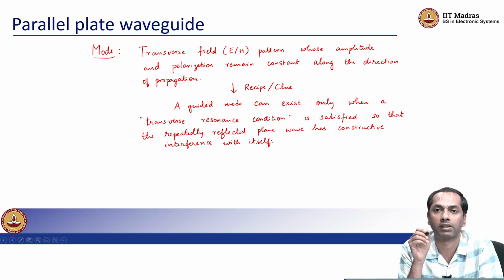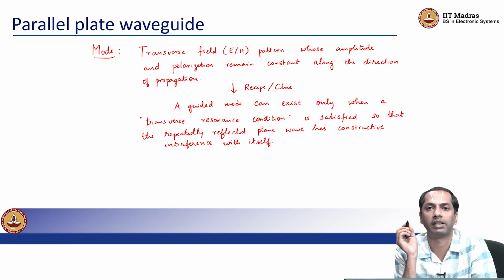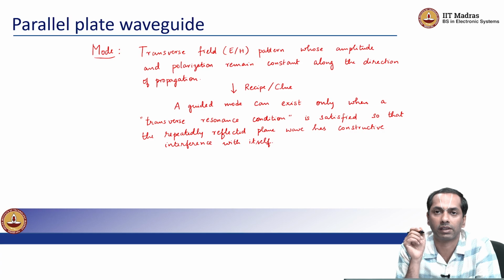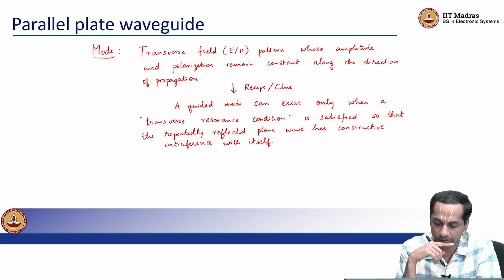Okay, so I've just written it down in a sentence, what we discussed earlier, right? So when this transverse resonance condition is satisfied, we notice that subsequent reflected plane waves all add up constructively, right, so as to maintain this transverse field pattern all along the propagation direction. Okay,